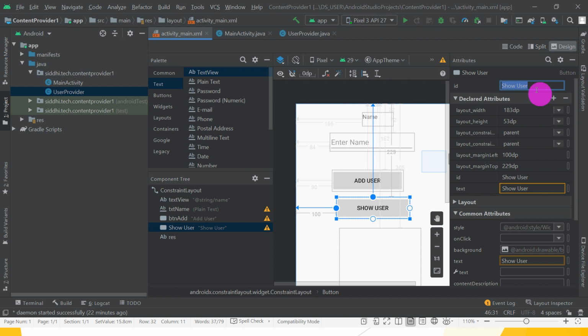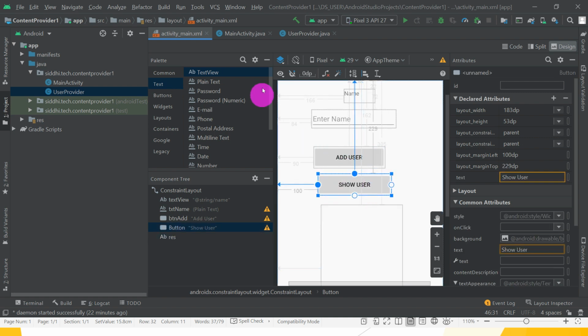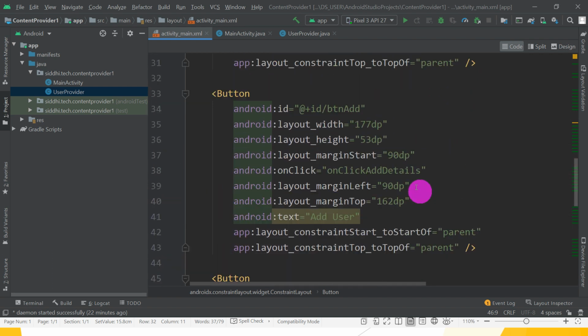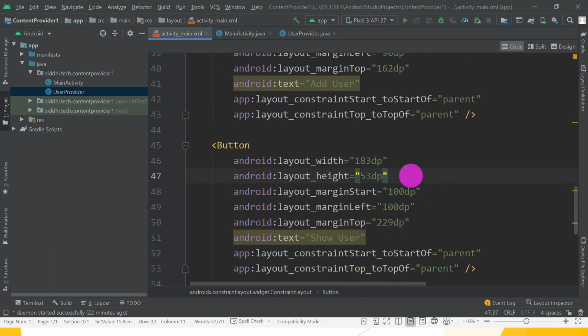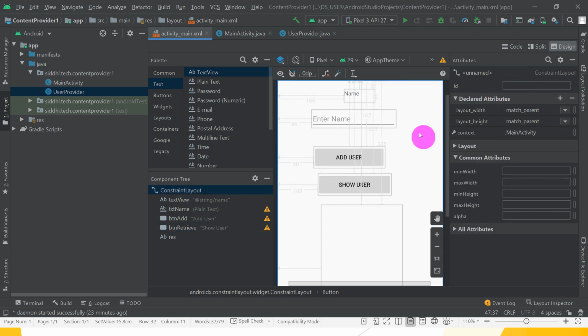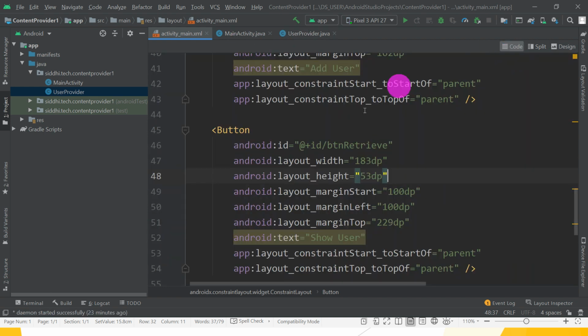Okay, so we can write it into the code part also. So add button, btn retrieve. Okay, so it is reflected.